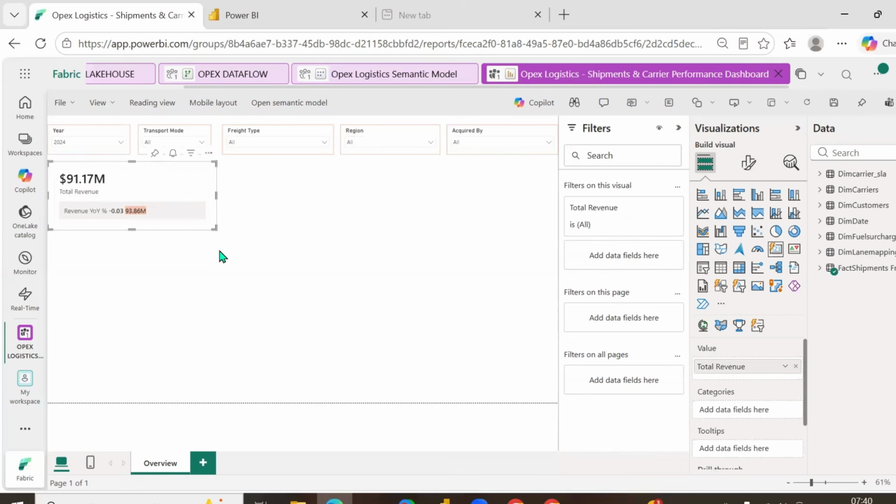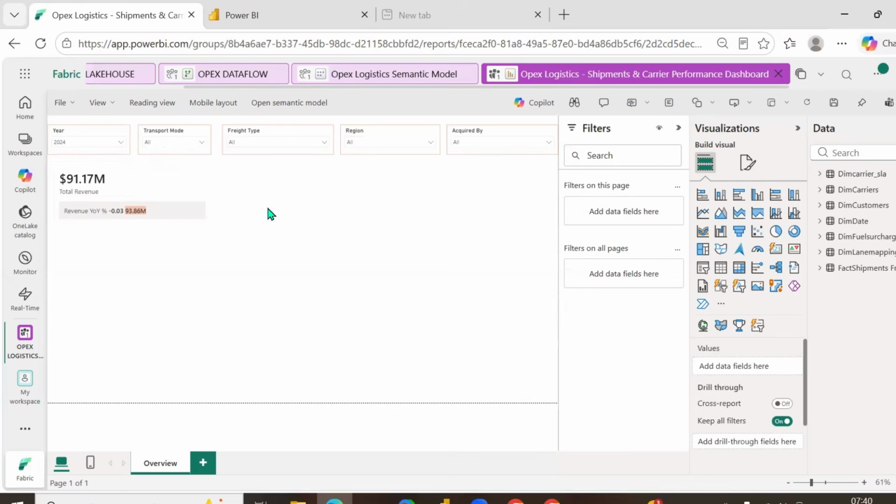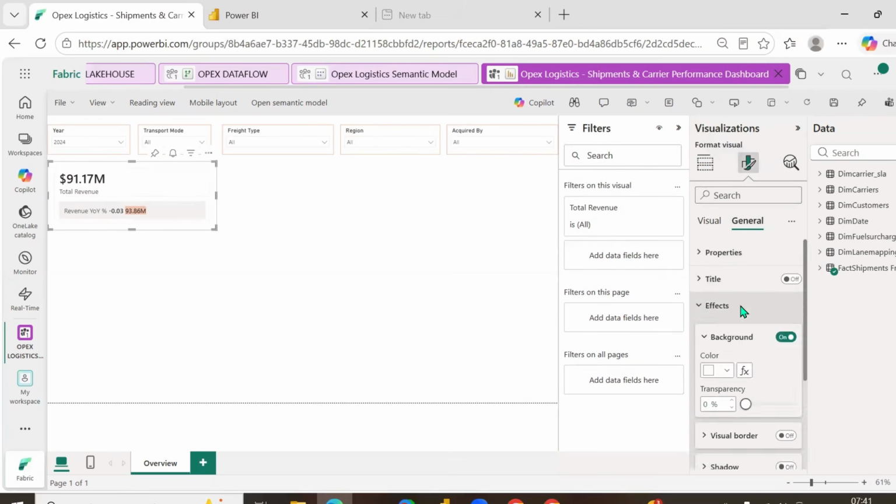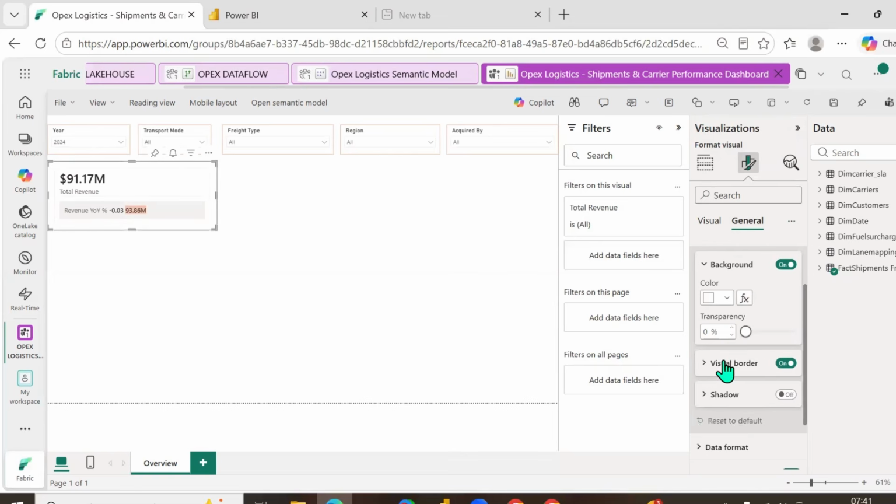So let us not worry about it. Now we can show this directly to the client, stating that this is the current year sales, this is the year on year growth, and this is the previous year sales. Yes, this is good. So what we can do here is go to general effects and enable the visual border